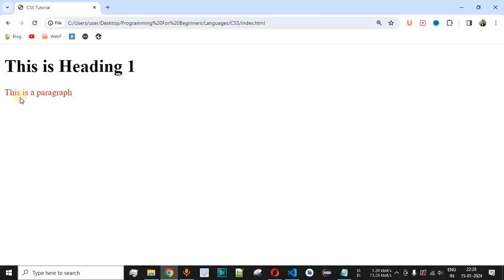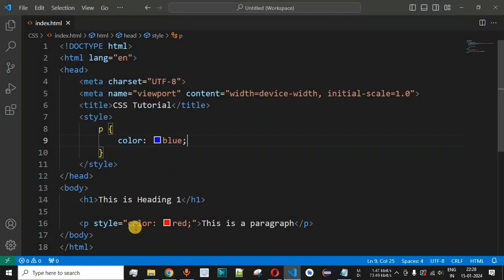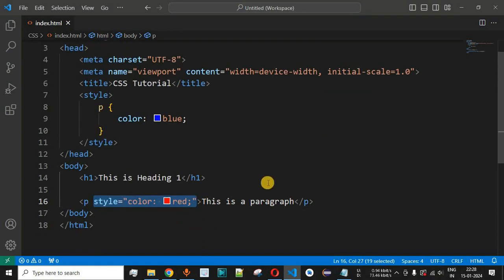So as you can see, still we are able to see the red color for this paragraph text. Why so? That's because we have also provided the inline CSS over here. And guys, always remember the inline CSS property that we have provided to any of the HTML document will be given the highest priority compared to the internal CSS and the external CSS that we are going to see. So in case you are making any changes in the internal CSS or the external CSS and those changes are not getting reflected to the element which you are expecting to change, then please check if that particular element is having any inline CSS property that is being defined over here.